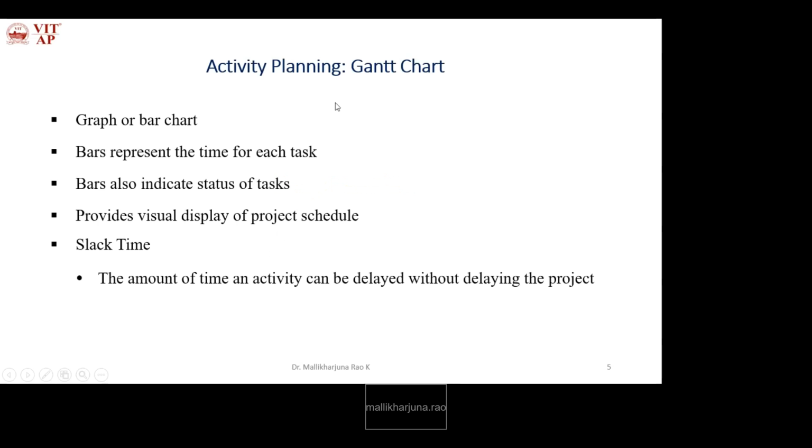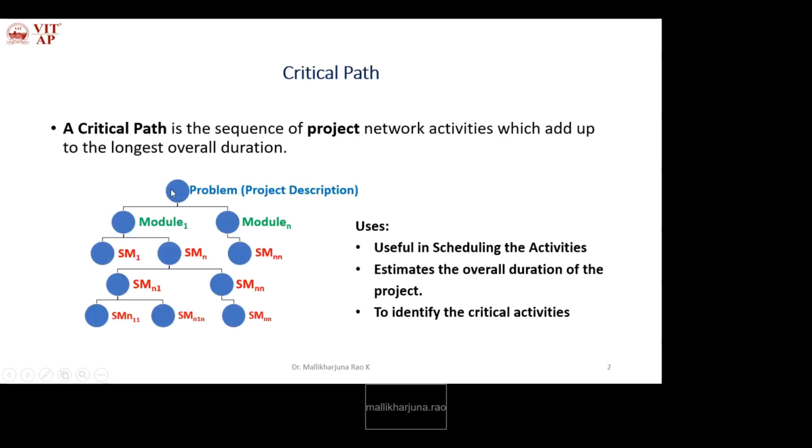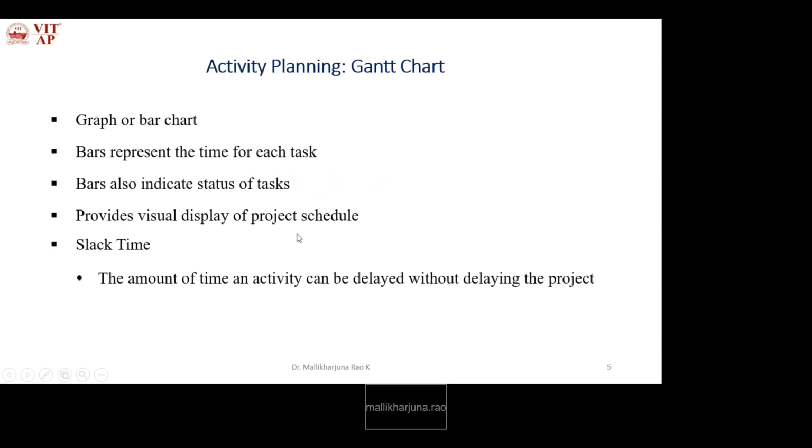Activity planning, the first step. In order to plan the activities, we'll use Gantt charts. A Gantt chart represents the schedule like a graph or bar chart. Here we have various activities called object, parent object, grandparent object, great grandparent object, until finding the top level project element. We have to schedule all of these, so every object, parent object, and grandparent object is scheduled.